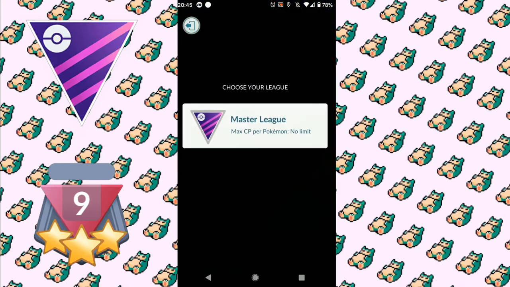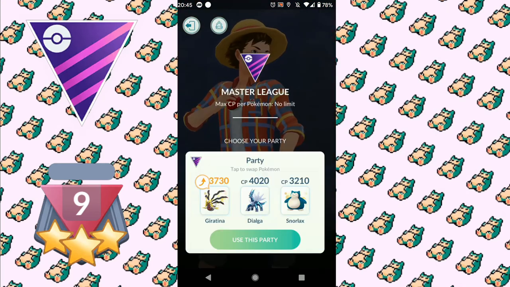So with my new, semi-new team, I've got Giratina out front, followed by Dialga, and then I've got Snorlax in the back as well. Snorlax is swapped in from Metagross. My Snorlax is running the normal type and a ground type move. So I've chosen to run Earthquake over Superpower,